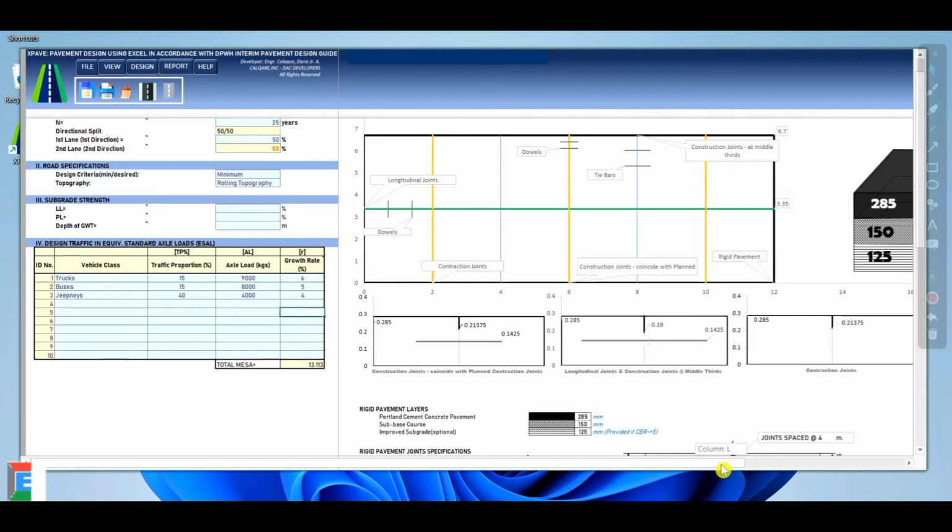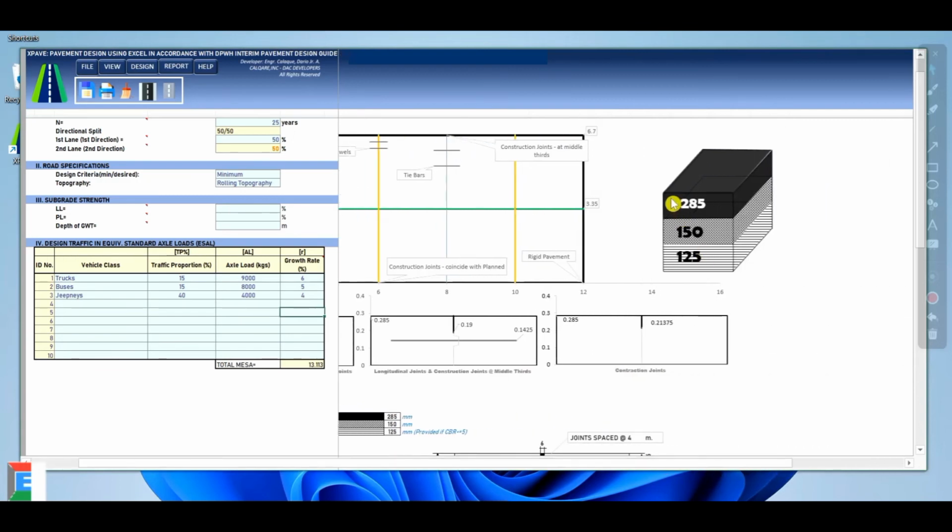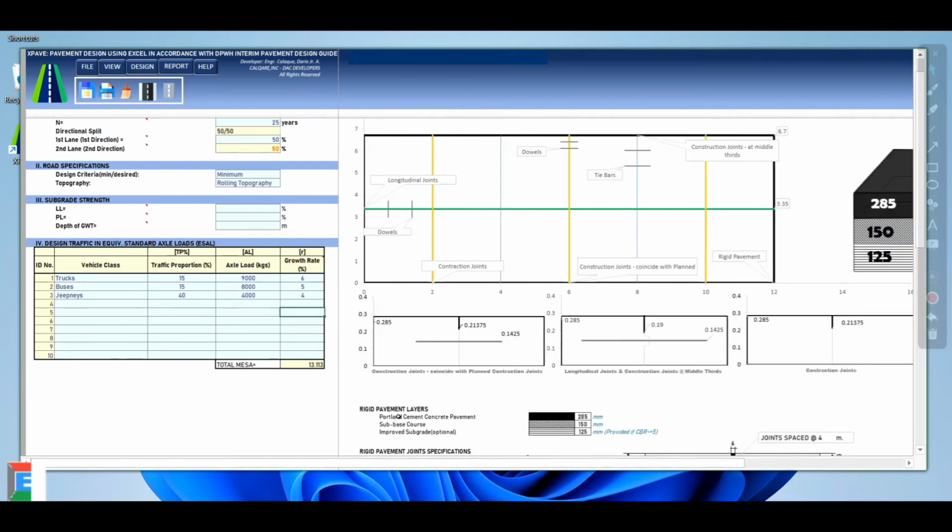So makikita mo din dito yung different layer ng mga thickness. No? So bali dito sa rigid pavement, we have 285 mm. So makikita mo yan dito. So rigid pavement layers, ito yan. So we have 285. For sub-base course, we have 150. And for improved subgrade, optional, pag yung CBR natin is less than or equal to 5, we put 125 for improved na subgrade. Okay? So take note also na yung longitudinal joint and construction joint at middle third, meron tayo